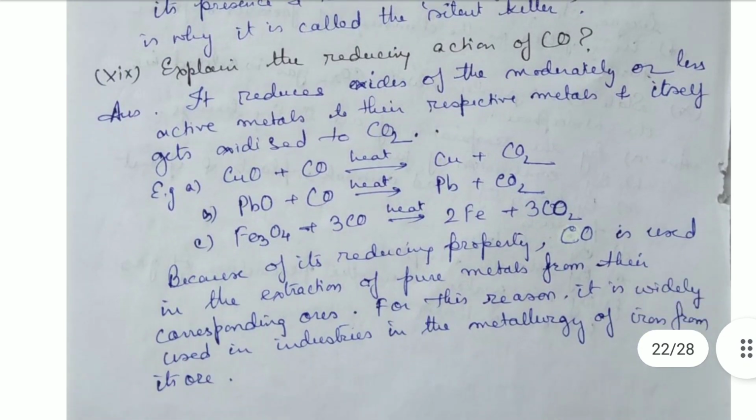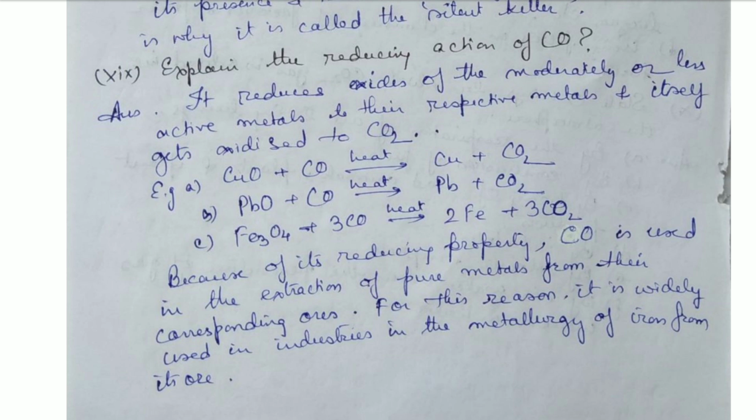Then explain the reducing action of carbon monoxide. Carbon monoxide is a very good reducing agent. It reduces oxides of moderately or less active metals to their respective metals. Like copper oxide is reduced to copper, then lead monoxide is reduced to lead, then triferric tetroxide is reduced